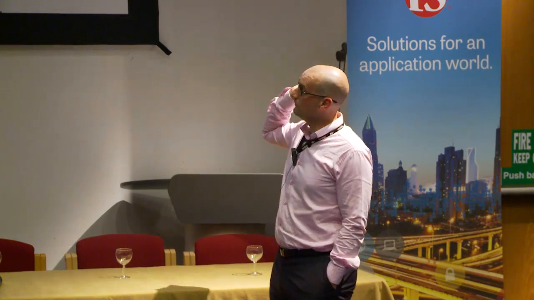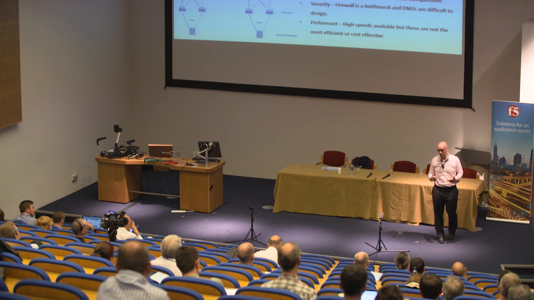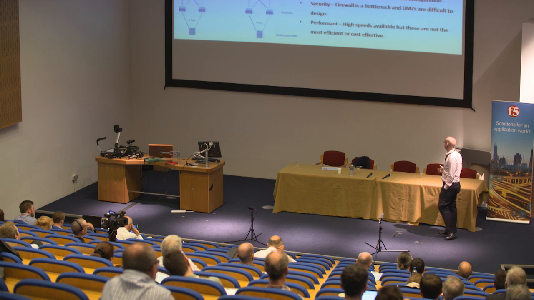If you again say PCI, non-PCI, then everything that's going between those two areas needs to pass through those firewalls. And a fundamental rule of networking is the firewalls are always going to be slower. The reason is that on the switches, you look at the MAC address. On the routers, you look at the MAC address and the IP address. And on the firewall, you look at the MAC address, the IP address, and the port number. As a result, you've got to read more data, you've got to do more with the packet, so it's always going to be slower. So if you've got big appliances, you can push 10 gig interfaces into them, but as you start doing more security, they're going to slow things down.